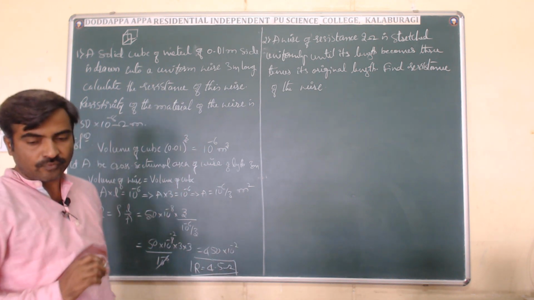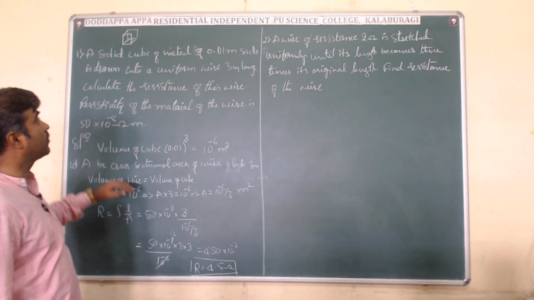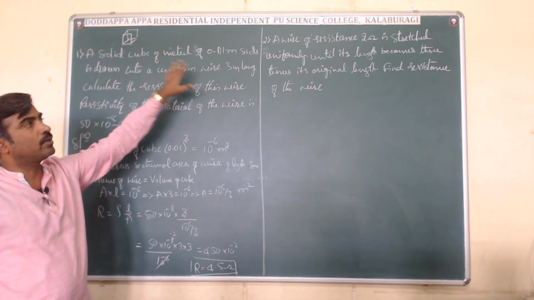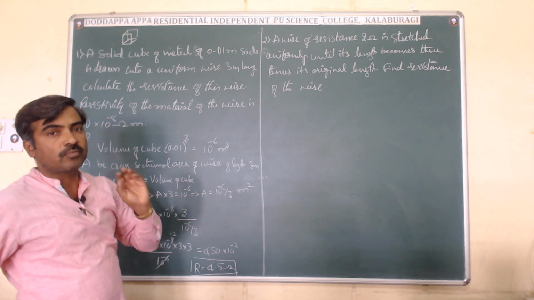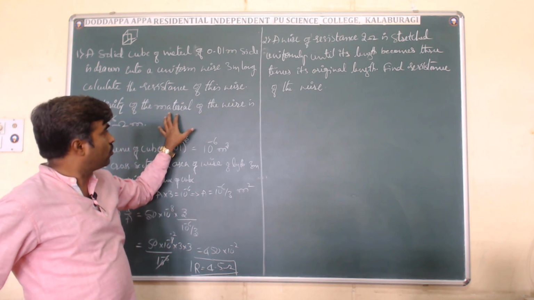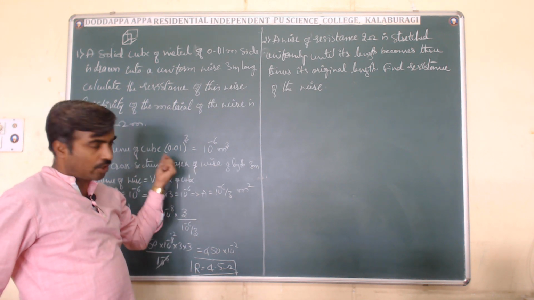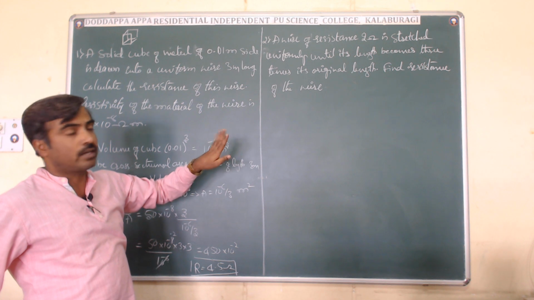To calculate the resistance, it is 4.5 ohms. What we did here, I repeat, the two numericals that I kept. These are very simple, basic numericals, only to understand how to apply the relevant equation or formula for calculating any physical quantity which has been